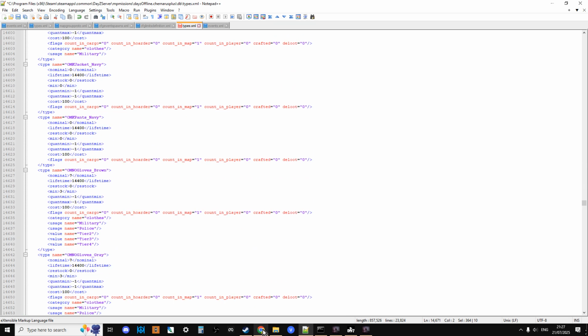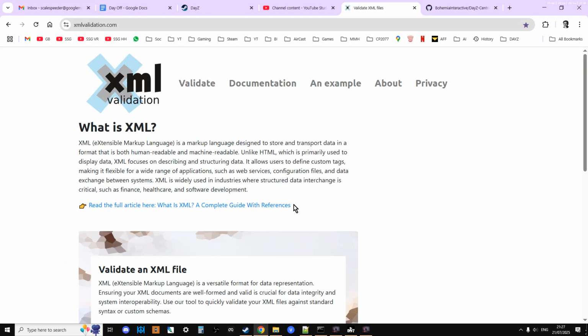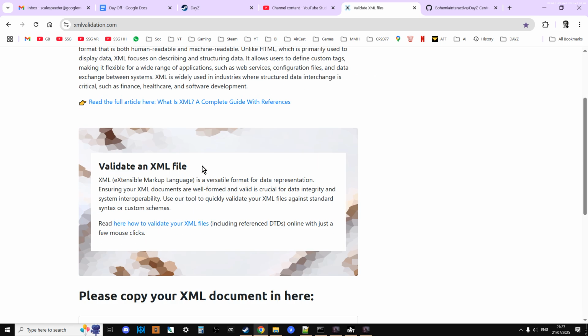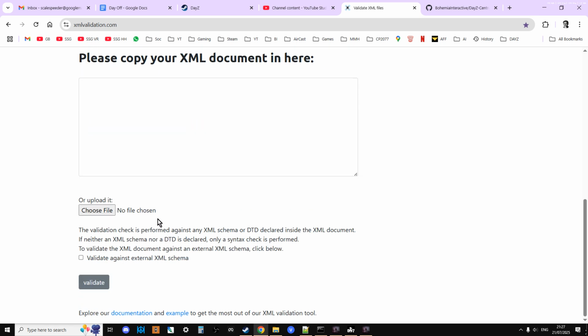And the way that you can catch that is if you use something like an online XML validator. And I'll put a link to this one in the description below this video. So you just go here and choose the file, and it will look at it and tell you where there's an error. Now, again, if it's a cascading error, it could be that you have to look back up through the file to find where the error starts. So you might well correct something and then you'll still get an error, and you keep working your way back